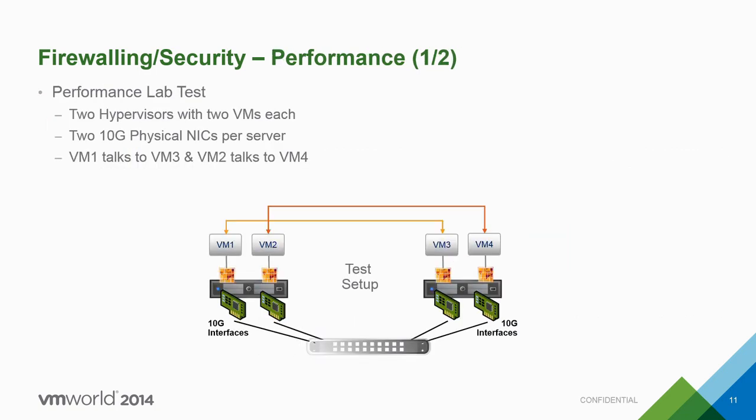Just before the demo, let's talk about performance. Agreed, it's running on ESX, that distributed firewall, but it's not on a VM, it's running in the kernel. So you have a process running on each ESX, and because it's in the kernel, it's actually pretty powerful. So this test is something I recommend you do.